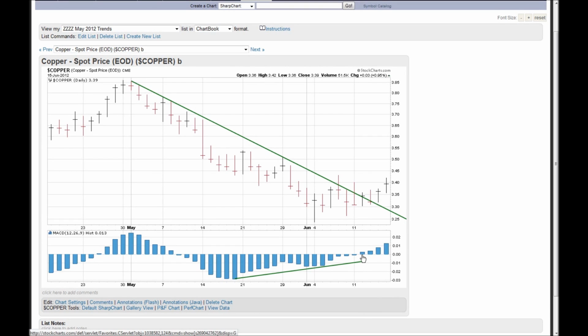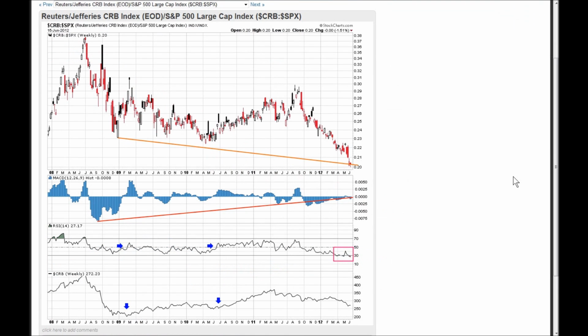MACD now on a daily chart is up 1, 2, 3, 4 days in a row. It tends to be a good sign when you get this bullish divergence and then you get MACD moving above the center line. So all things being equal, on a very short-term basis, this chart aligns with higher highs relative to this high in copper. Let's assume for the moment that Newton's law remains in play and that the shorter-term bullish